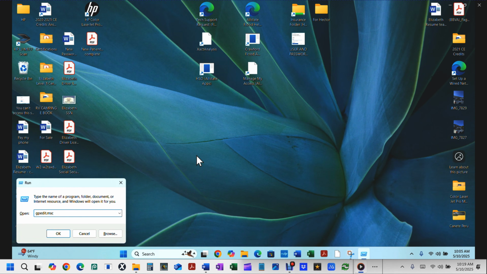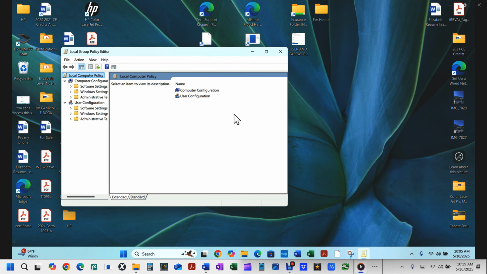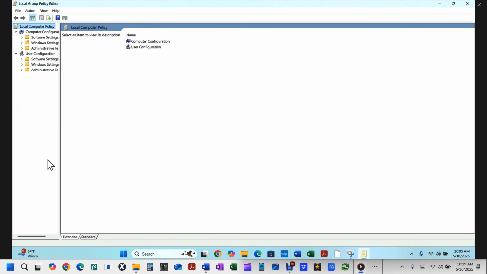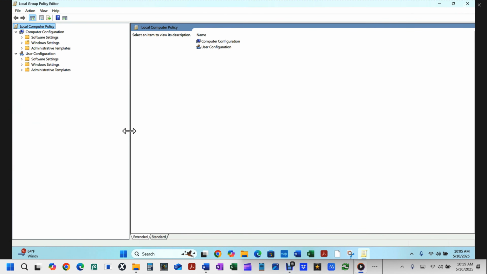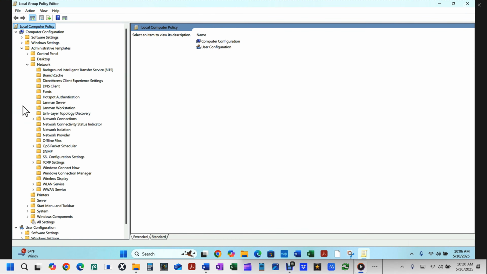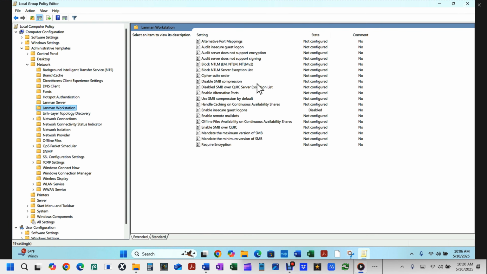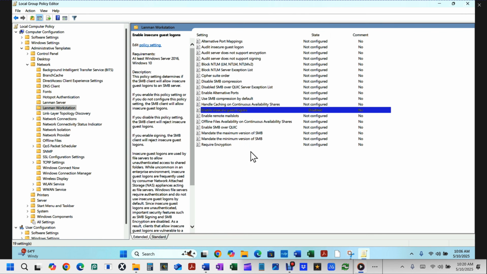And I'm going to hit enter. It can be caps or lowercase. It doesn't matter. It'll go right to that same area. We are going to expand this first column. We're going to go to administrative template. We're going to go to network. We're going to go to Lanman workstation. And now, if you notice that enable insecure,